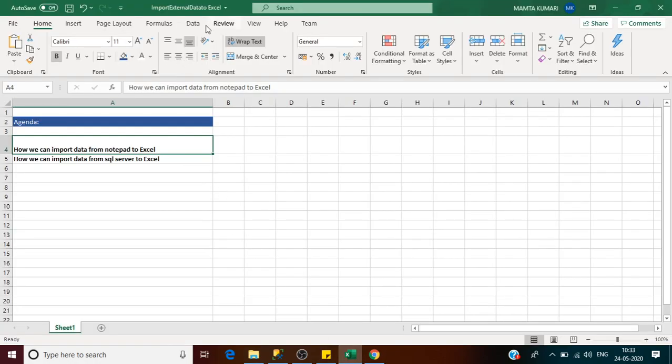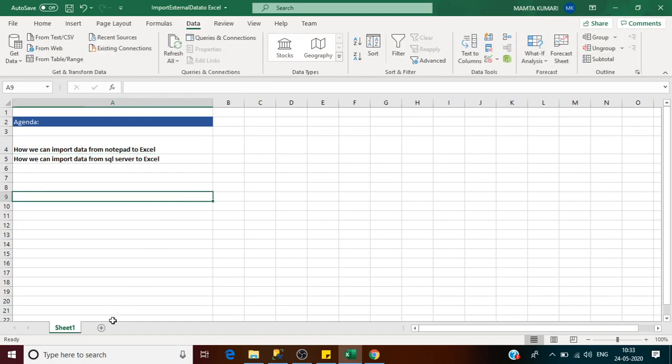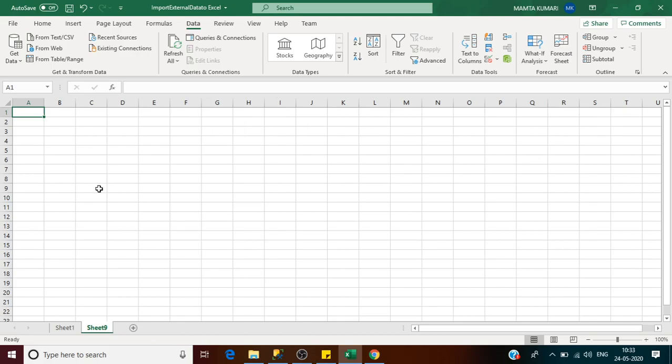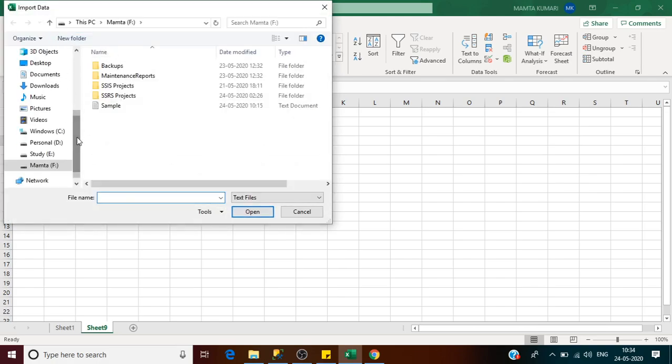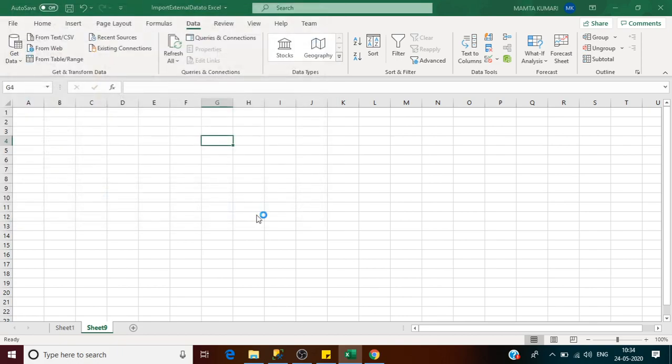Go to the Excel and go to the data tab. Before that, I wanted to import it in a new sheet. So create a new sheet, and keep your cursor here so that when the data is imported, it will be imported from here. Or if you wanted to import the data here in the center, you can keep the cursor here. Then you go to the data tab, and on the left hand side you see that we have an option From Text/CSV. So choose this option. Once you click on it, it will ask you the location of the file which you wanted to import. I have this file here in my drive, so I'll select this file and click on import.